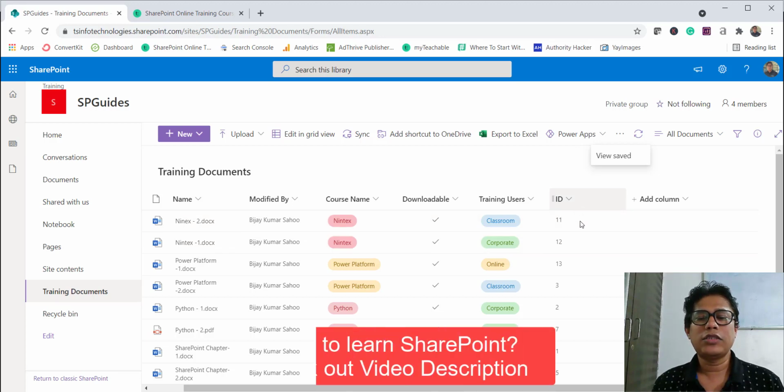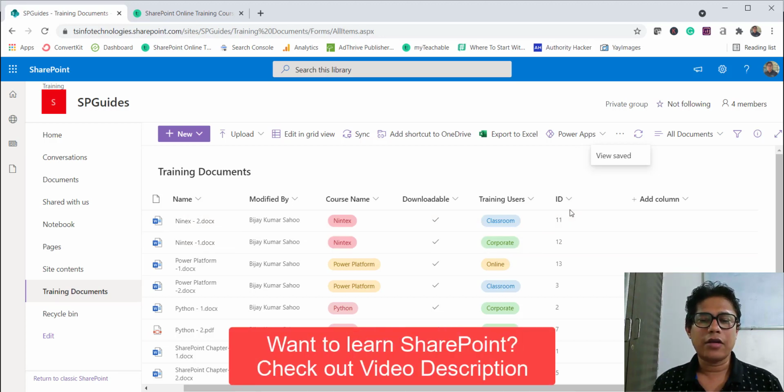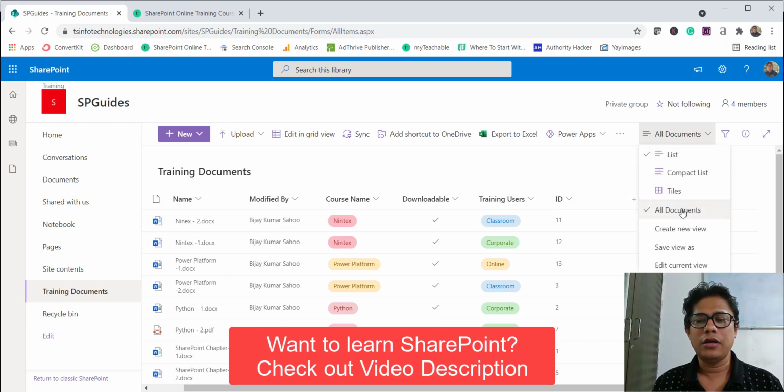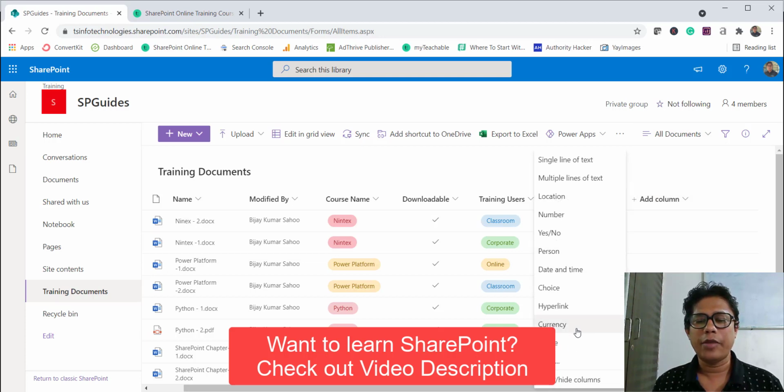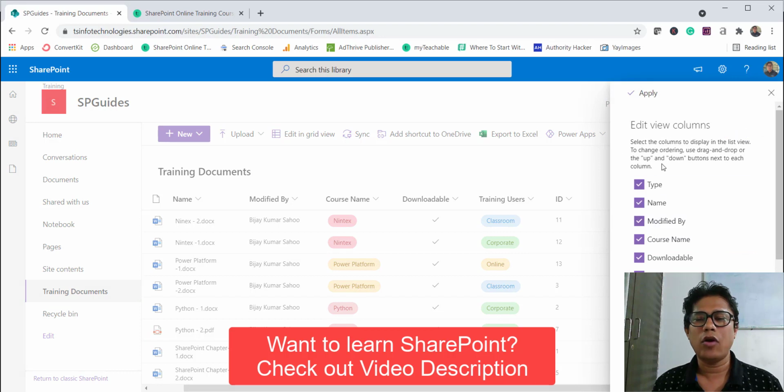Next thing is, if you want to change the order, then we have a couple of options. For example, if I go here, you can see there is an edit current view option. I'll come back to this one a little later. But if you click on add column again and then click on show hide columns, in this case if I take the pointer over any column, you can see there are two arrows, an up arrow and a down arrow.